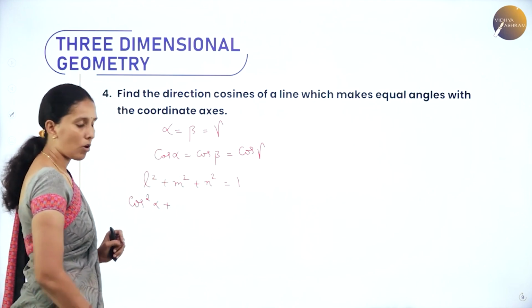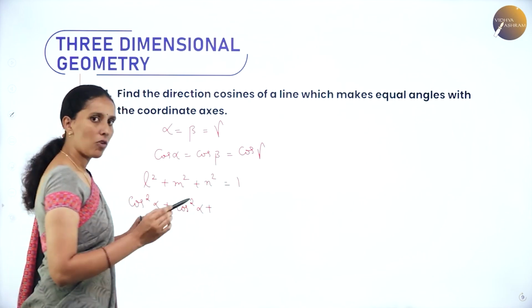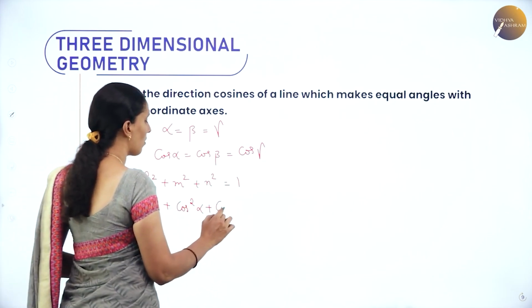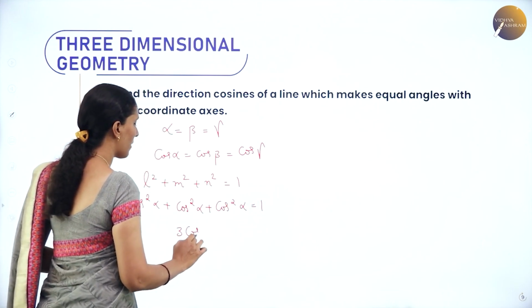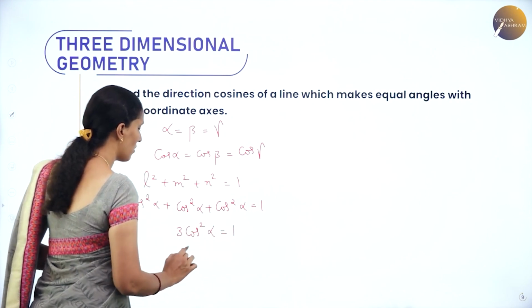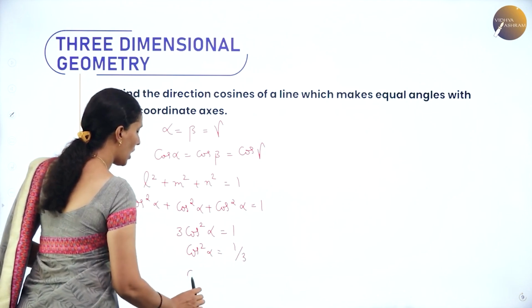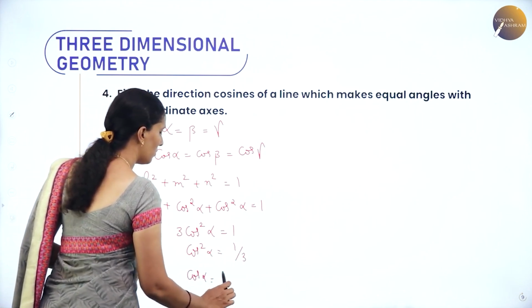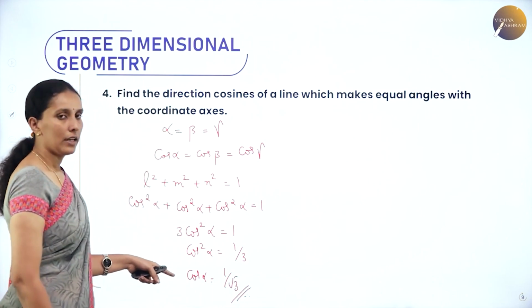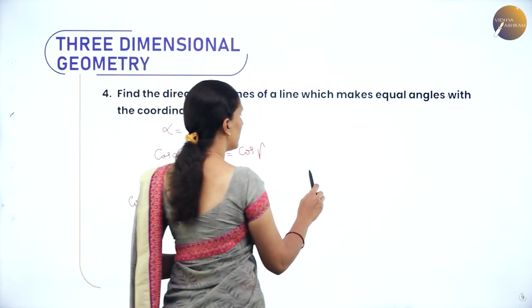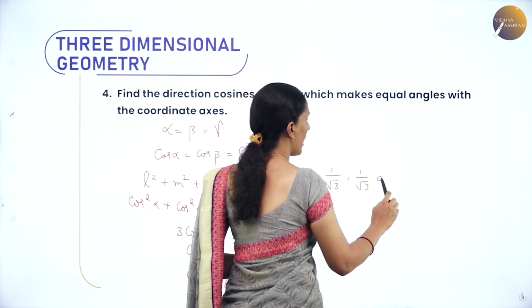Cos beta is nothing but cos alpha, so I can write cos square alpha. N is cos gamma. Cos gamma is same as cos alpha. So here also I'll take cos square alpha is equal to 1. So I'll get 3 cos square alpha is equal to 1. Cos square alpha is equal to 1 divided by 3, or cos alpha is equal to 1 divided by root 3. So thus the direction cosines are 1 by root 3, 1 by root 3 and